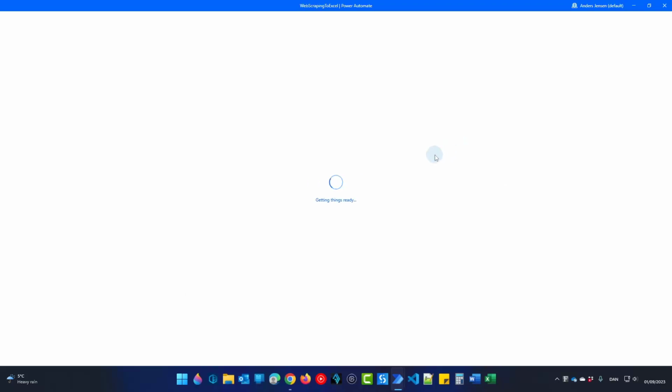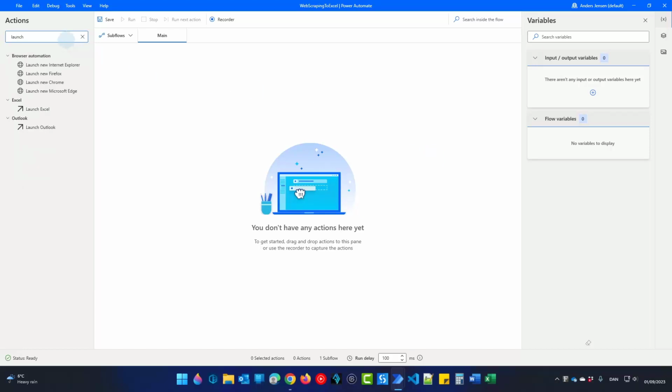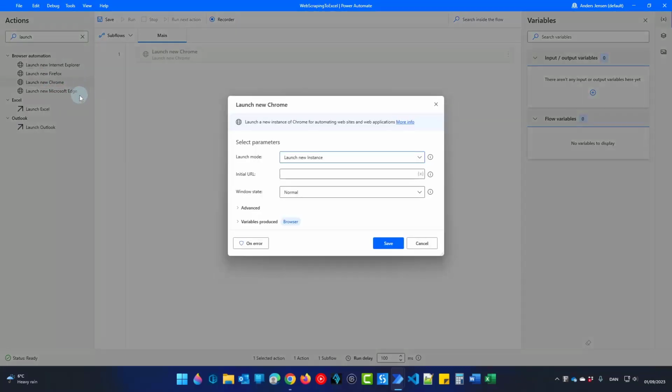And again, it will take a few seconds, and now we're ready. This time we want to open up a browser. So go up to actions and then find launch. Here you can choose between 4 browser types. I don't have any preferences as long as you don't pick Internet Explorer. I'll go with Chrome in this example, but if you prefer Firefox or Edge, feel free to go with it. That's the same thing. Here I can say I will launch a new instance. That is fine. Then I need a